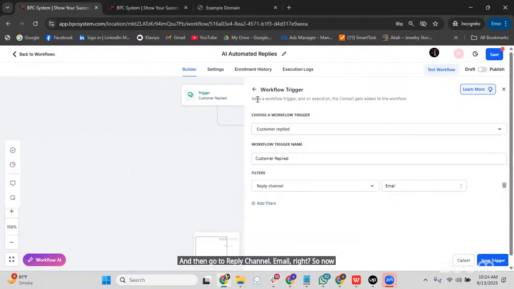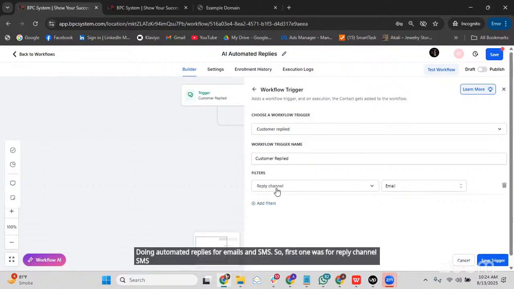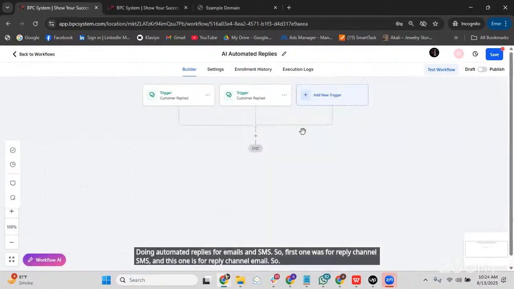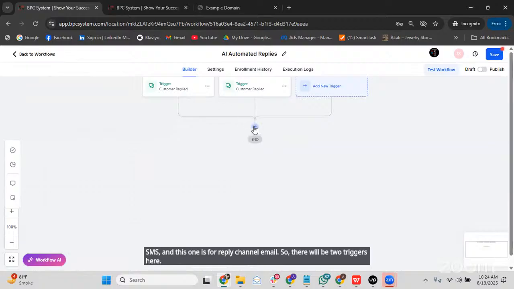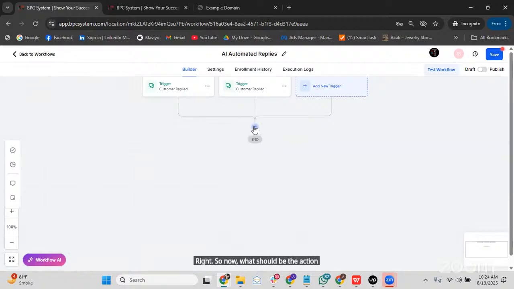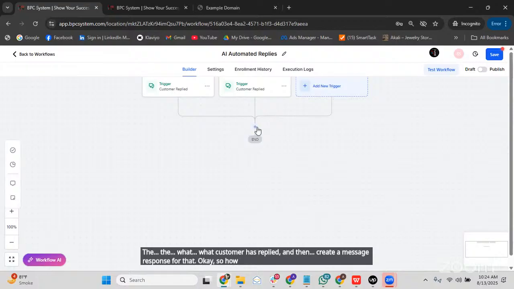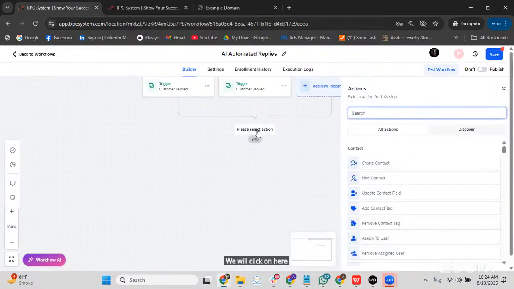Currently we are only doing automated replies for emails and SMS. The first one was for reply channel SMS, and this one is for reply channel email, so there will be two triggers. Now what should the action be? First we need AI to grab what the customer has replied and then create a message response for that. How will we do that? We click on this plus button, and in actions we will